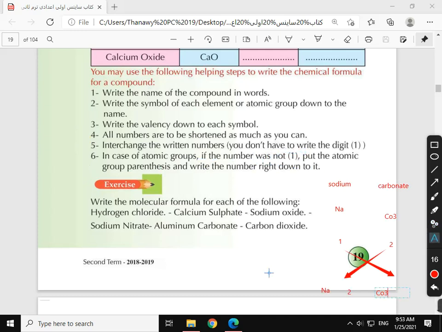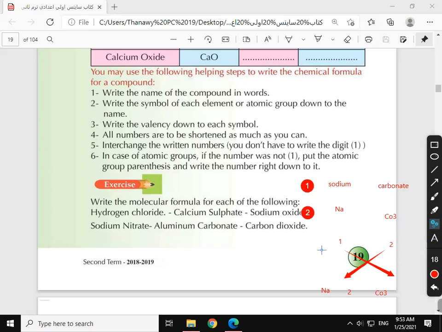For example, how we can write the chemical formula of sodium carbonate? First, write the name of the compound in words. We wrote sodium carbonate in words. Step number 2, the symbol of this element or group,